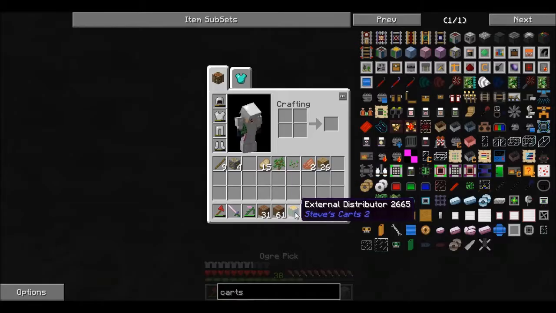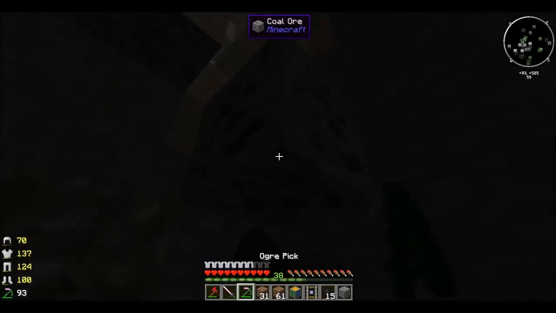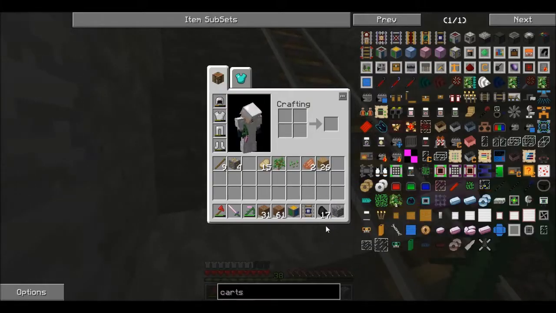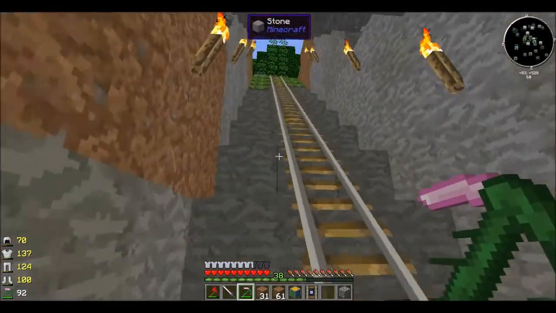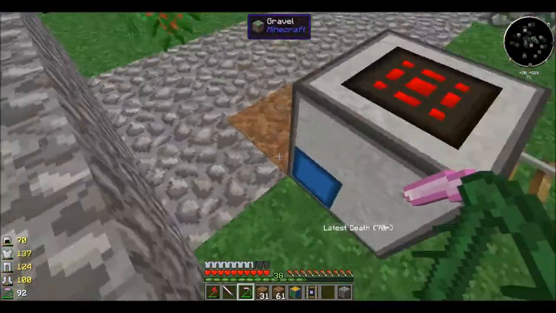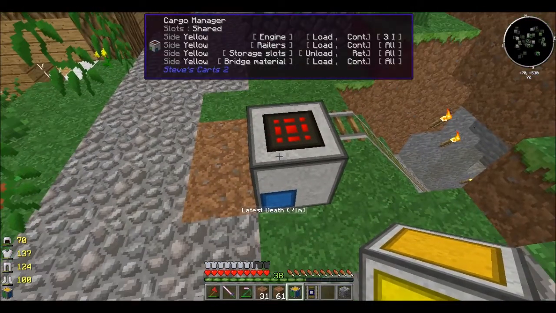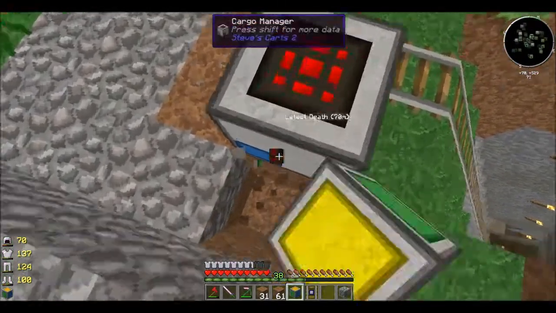But we still have to get this external distributor, so I must show you what this thing does in just a moment. I'm going to get more torches. There we go. Let's place them in my cart, and I'll go up there to show you the next thing. Okay, so the external distributor is a cool thing. I think it needs to be on the bottom